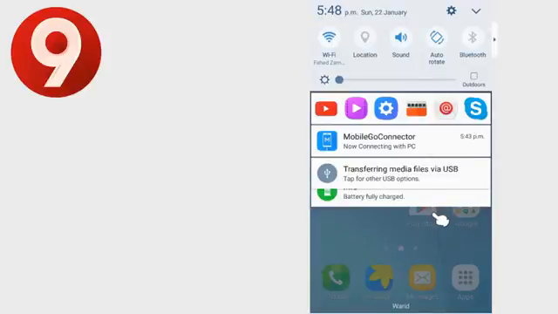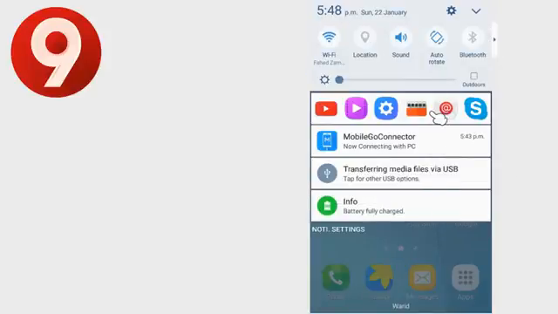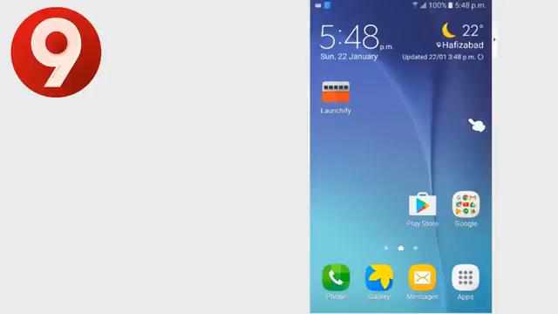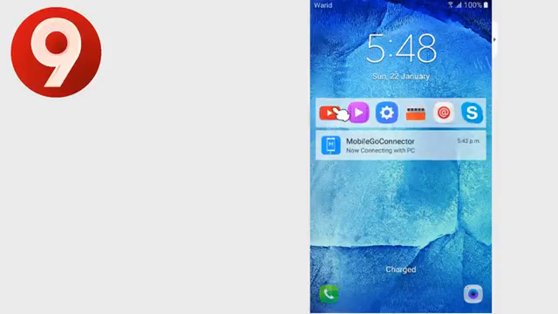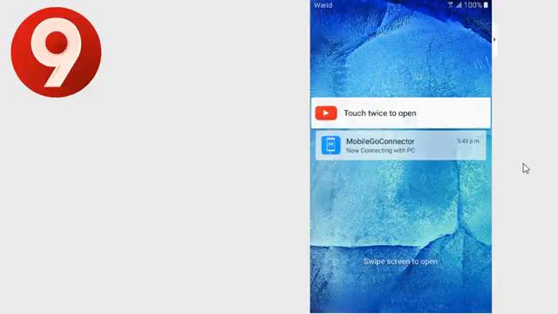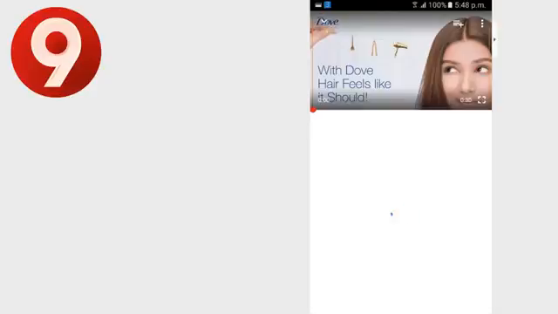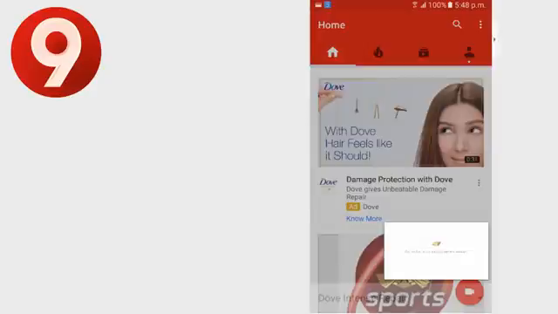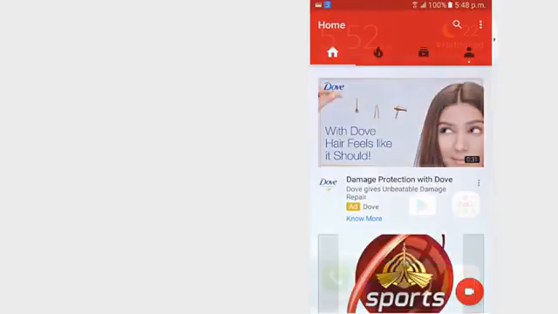After the restart, you can easily access your favorite apps on your notification panel as well as lock screen. So that was the easiest method how to launch your favorite and most used apps directly from your Android device lock screen as well as notification panel.